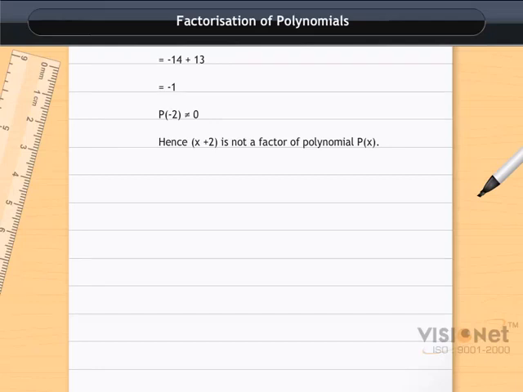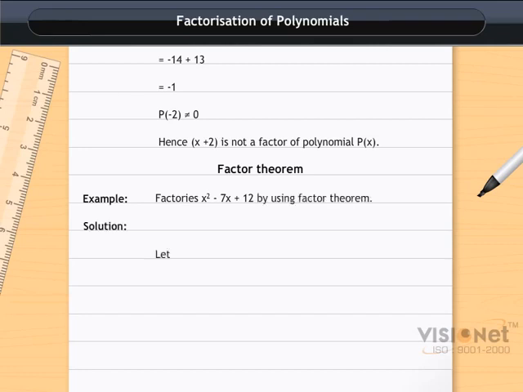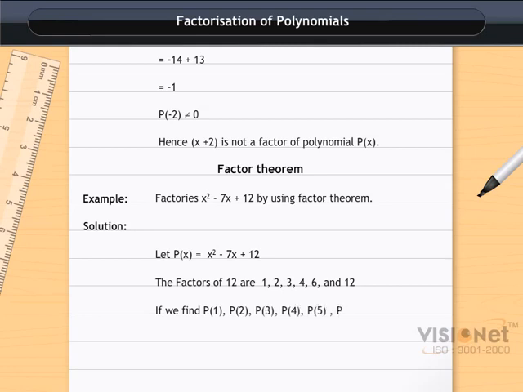Another method is the factor theorem. Let's understand it with the help of an example. Example. Factorize x square minus 7x plus 12 by using the factor theorem. Solution. Let p of x is equal to x square minus 7x plus 12. The factors of 12 are 1, 2, 3, 4, 6 and 12. If we find p of 1, p of 2, p of 3, p of 4, p of 6 and p of 12,